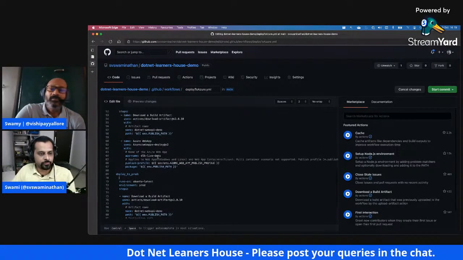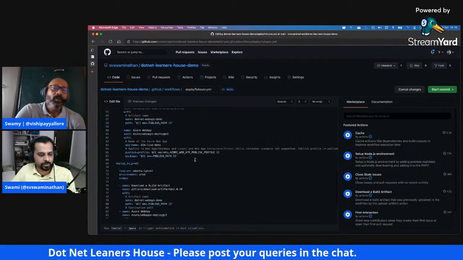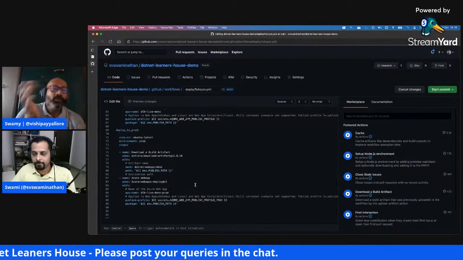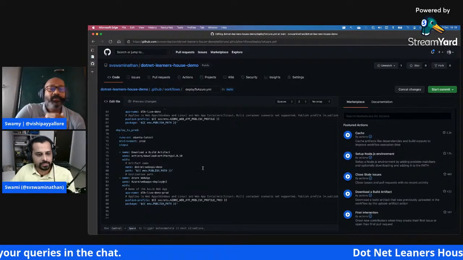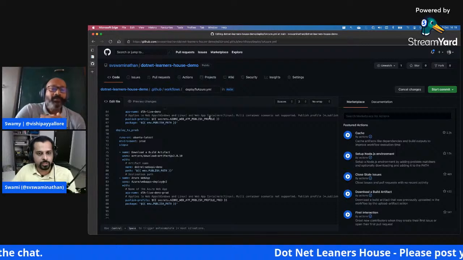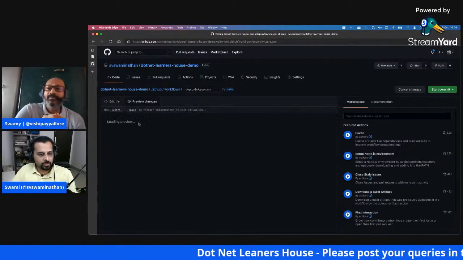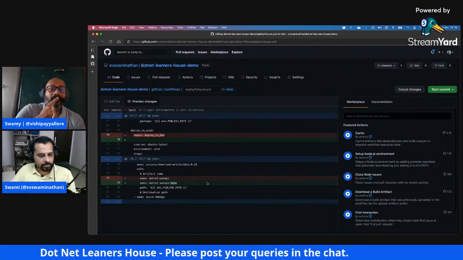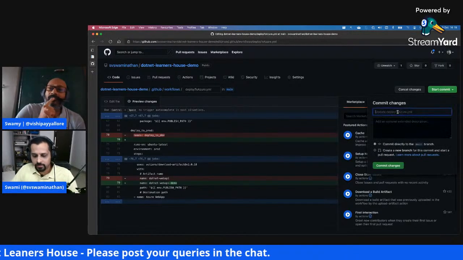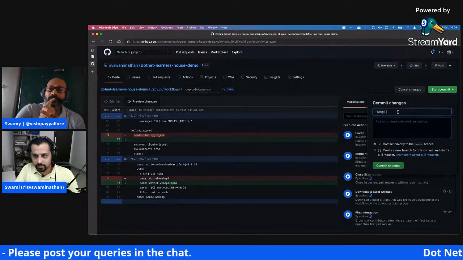You don't have to wait for dev to complete if you have such a requirement, like a couple of lower environments in two different regions. Correct. We want to deploy to both the regions. Yes, multi-region kind of scenarios. If you have it, definitely you can do them in parallel, right? So now I'll go ahead and preview the changes. I've removed this dependency, and then I've said .NET Web API demo is the name, and fixing CD issue.